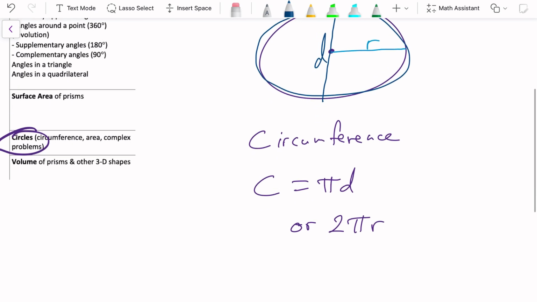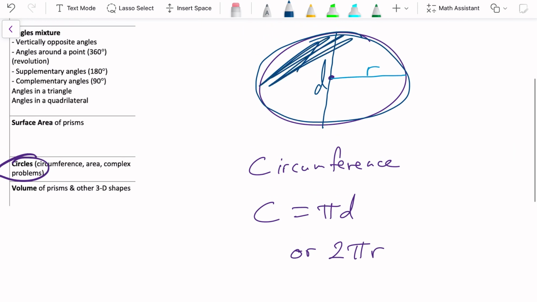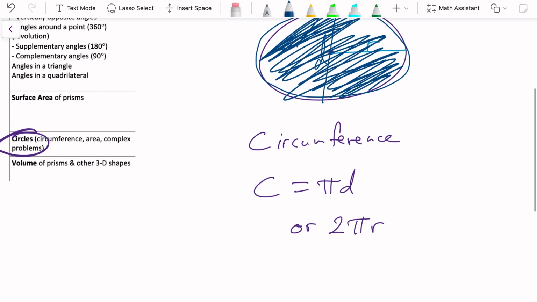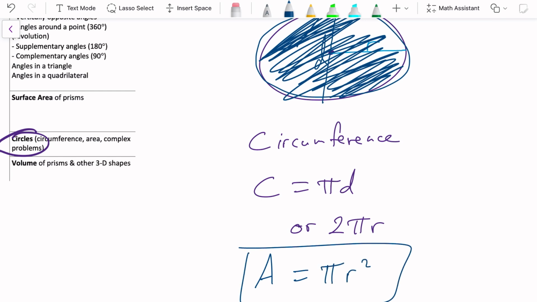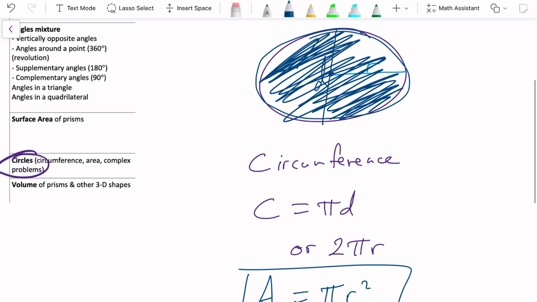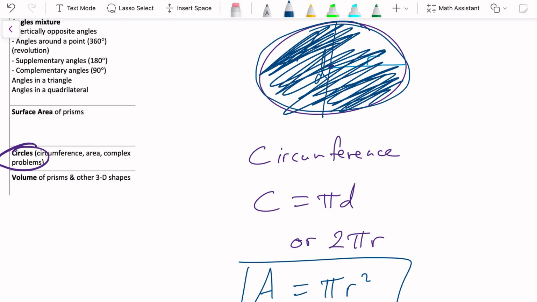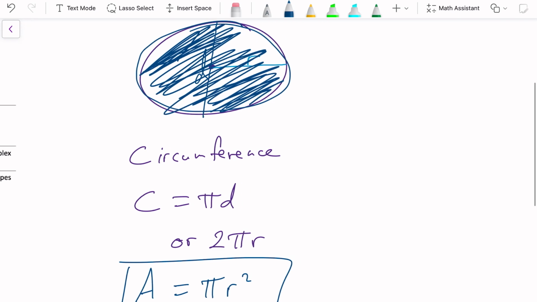Okay, so what about the area? If we want to find the part that's filling up the circle, one of the most famous formulas, area equals, can we remember? Pi r squared. Okay, so area is pi times the radius squared. Okay, very important. So that will help you a lot when you're trying to find the surface area of a